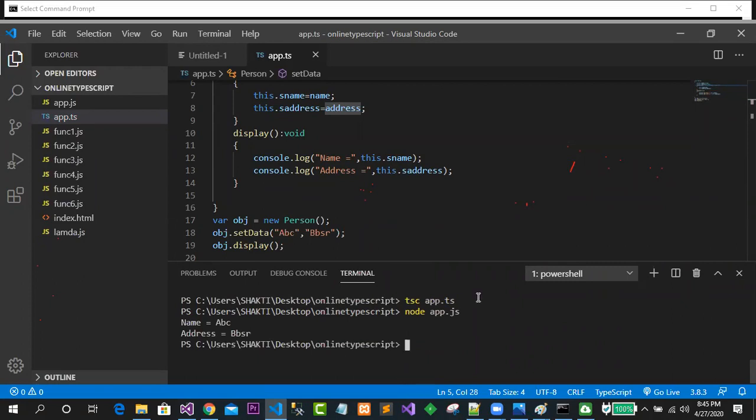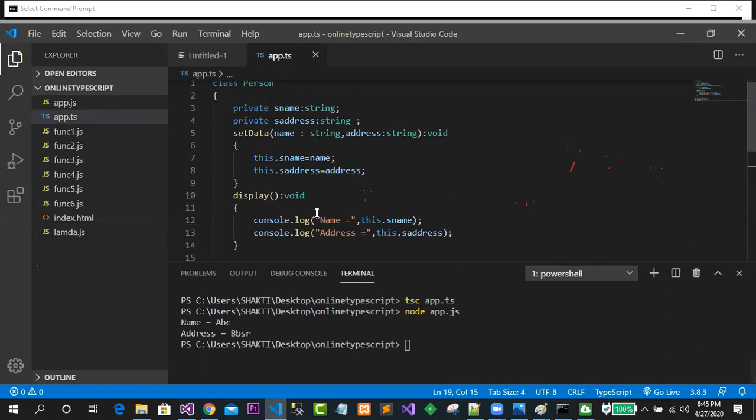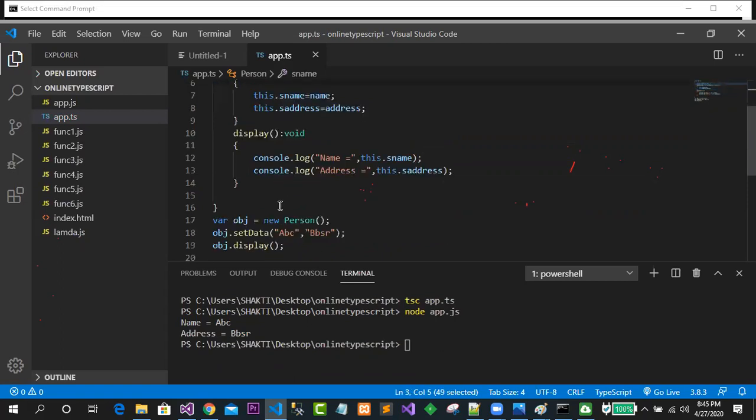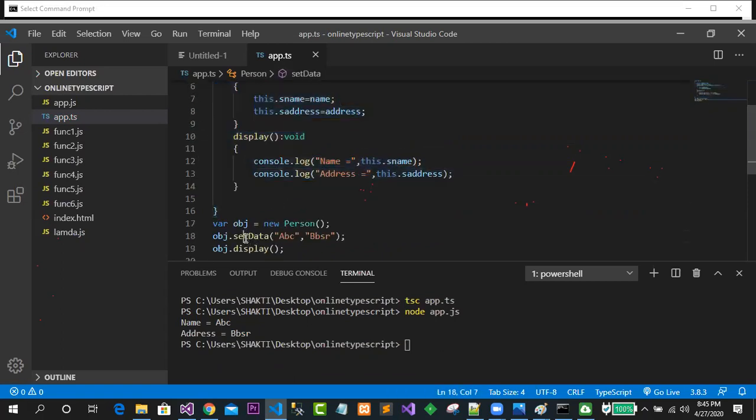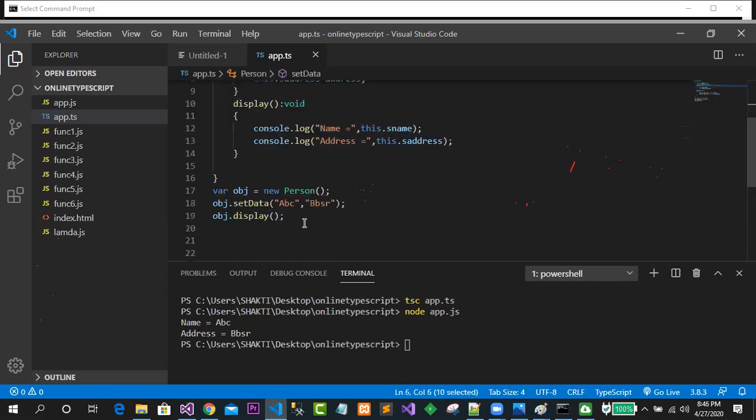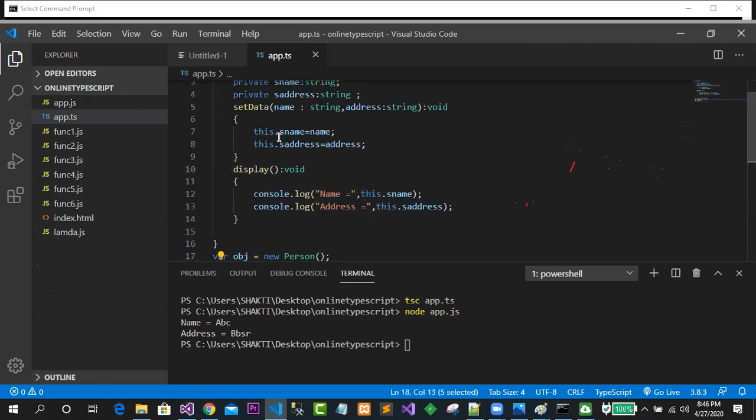It is very simple to understand the meaning and how exactly we are doing this. This is a method which is responsible for initializing your private data member, because a private data member cannot be accessed outside of the class directly by the object reference. So now set data takes two parameters which receive the values from the call part: abc is received by name, and bbsr is received by address.